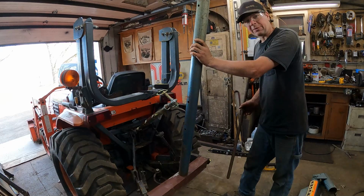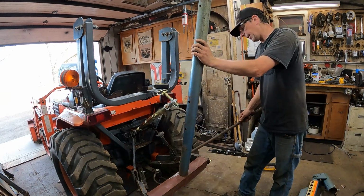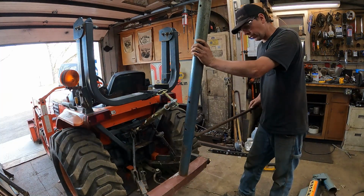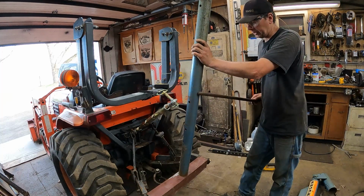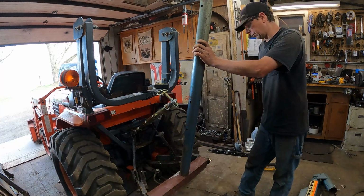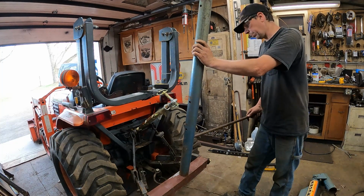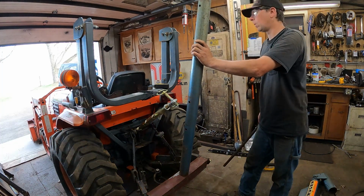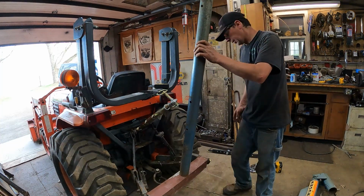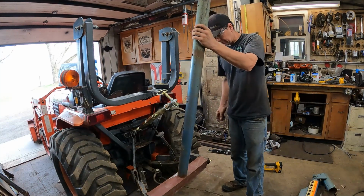The reason the mast is missing from the cherry picker is it was piped just like this, and it got water in it, and it actually froze because it sat outside for years. It froze the Schedule 40 pipe and split it. I should have taken a picture. I cut it up a while ago, but it split the pipe from like here all the way down on the main shaft. It was crazy. I've seen steel expand before, but not like split Schedule 40 pipe. It split it the whole way. I couldn't believe it. So that's one of the reasons I cut it up. But yeah, let me whack this off,